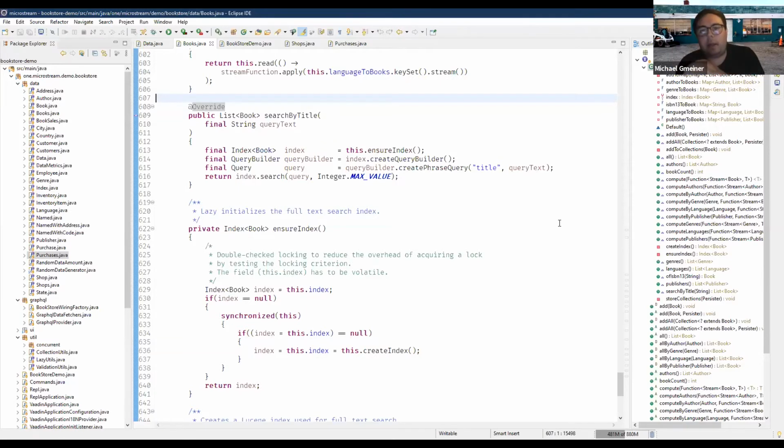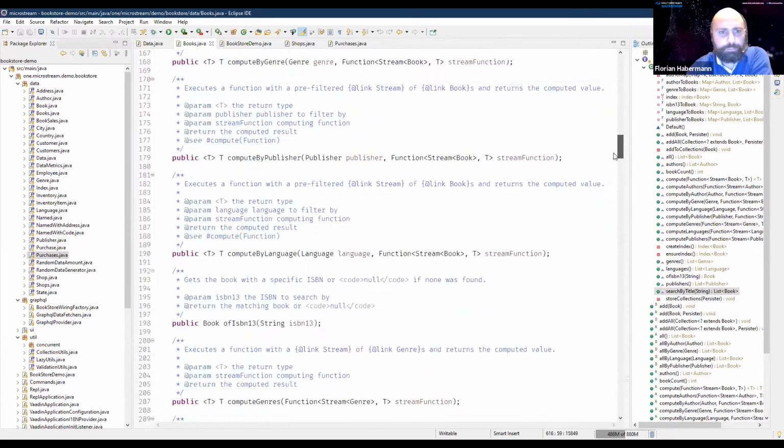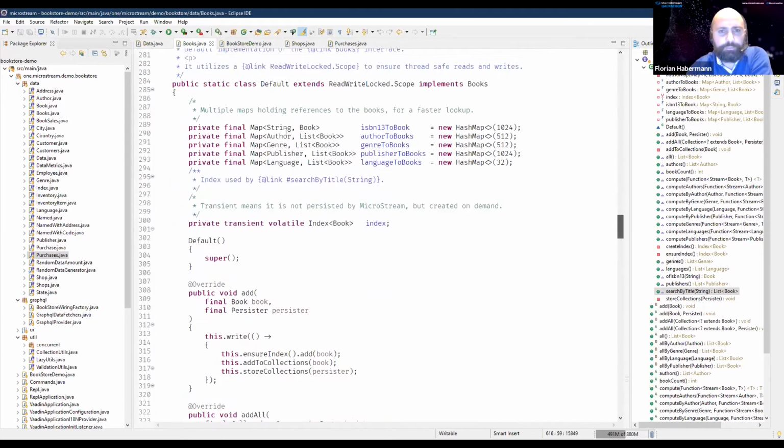Okay, but exactly for this example, I need all books at once in memory. No, it's maintained in the Lucene index. The index is mapped to ISBNs, for example. You can say which fields are keys in your index. In the books, it's the title and the ISBN, and the index accesses the map again, and all the found books are loaded into memory and returned in a list.